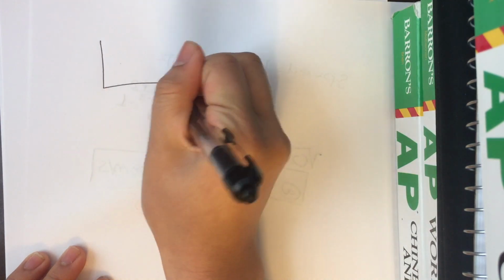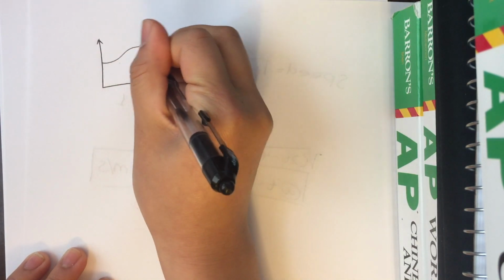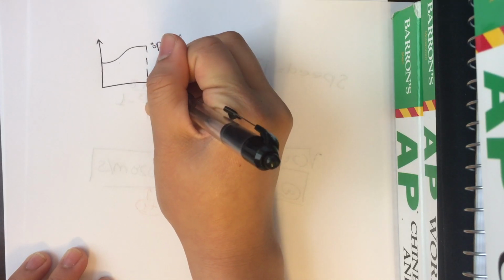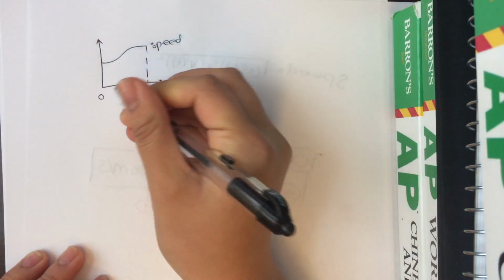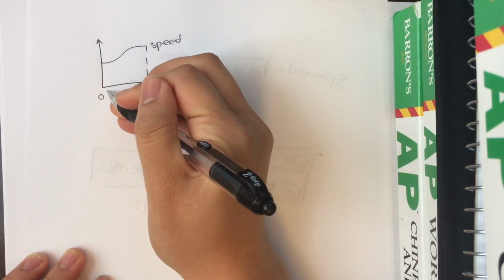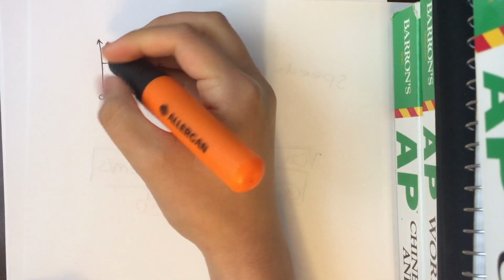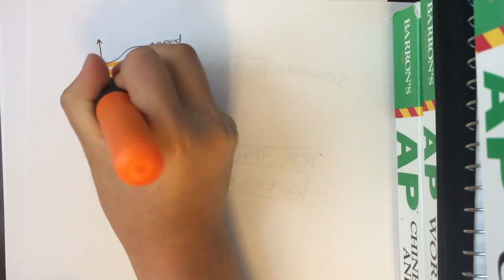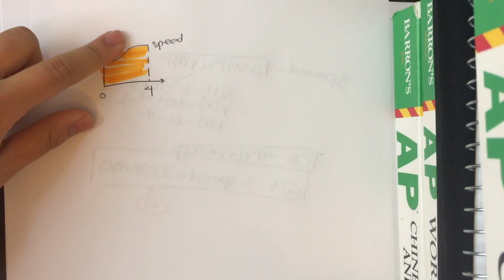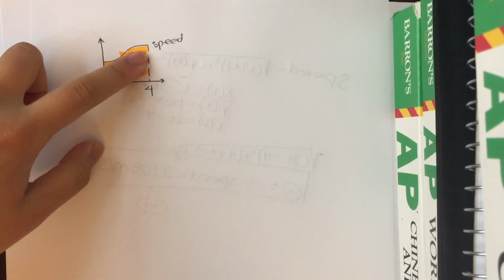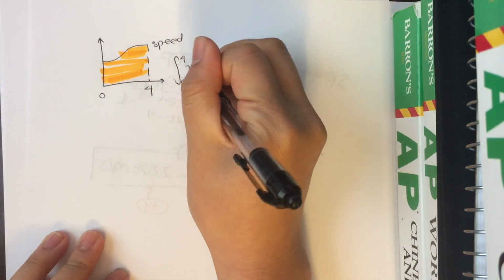So in parametric equations, we could look at this graphically first. And this is the graph of your speed. So this line represents speed. And we're going from 0 to 4 seconds. So at 0, we have the position. And if we look from 0 to 4, if we were to highlight this, that would be the total distance traveled because we're looking at a range of time. However, if this were velocity rather than speed, this is actually displacement, so make sure you're taking the integral of speed rather than velocity. So we're just going to be integrating from 0 to 4, our speed function, which is